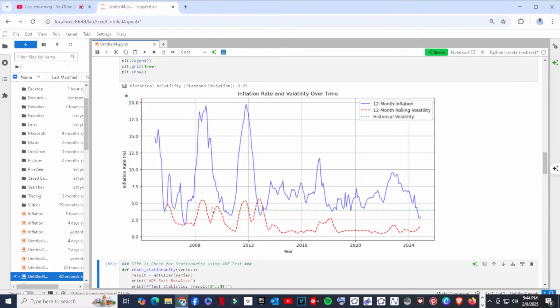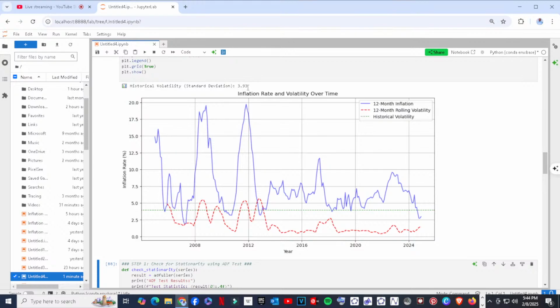If you look at the flow of the curve around this straight line of the volatility, you'll see some pattern up to around 2013. Then from that time, you see that much of the volatility is now below 3.93, which was expected.